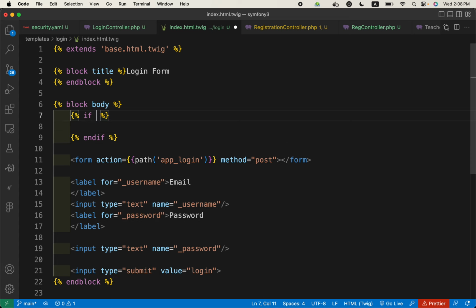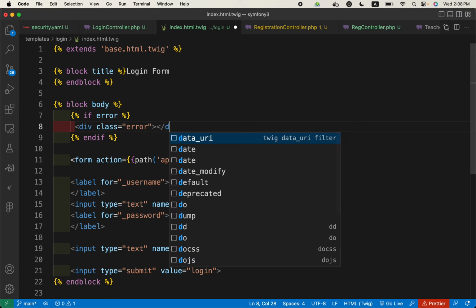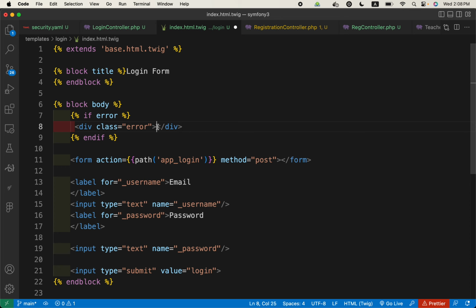So if error, here we need to output the value for errors. We have some class, or we can use some Tailwind classes also, but let us keep it simple. Okay, here we need to output the error,